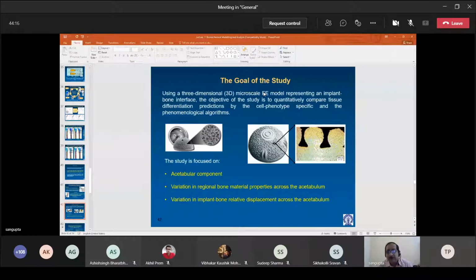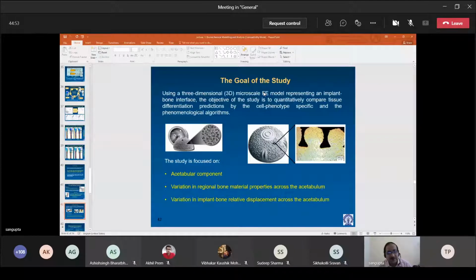So we took up an acetabular prosthesis with a beaded implant, as you can see. So we had a multi-scale modeling approach. So we developed a microscale FE model representing implant bone interface, and then the objective was to quantitatively determine the tissue differentiation. Okay, so the study focuses on acetabular component, and it takes into account the variation of regional bone